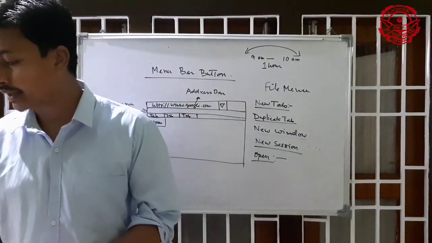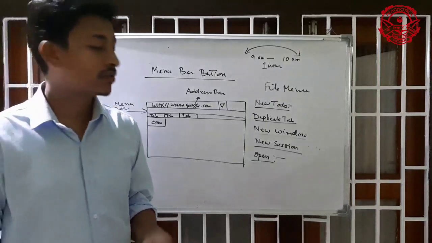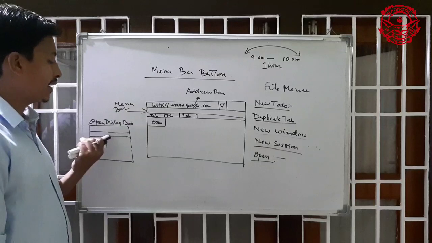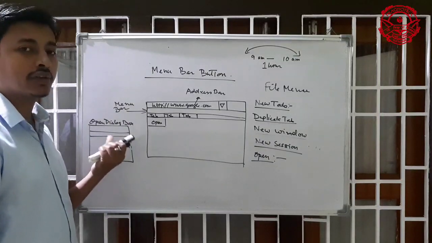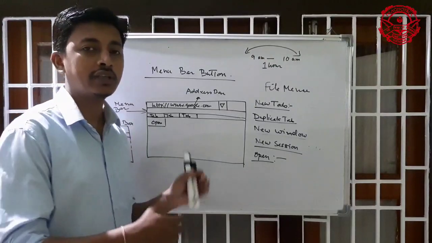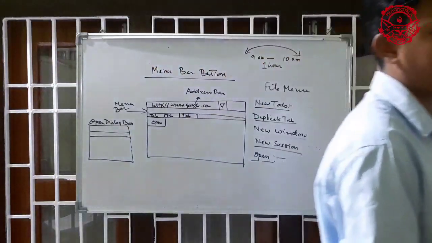Okay. Now I can see this allows the user to type the address of the site. Means what? In this dialog box you can write the website name or the file name of whatever file is inside your computer, you can get it with the help of this open dialog box. Okay. So I think you understand.